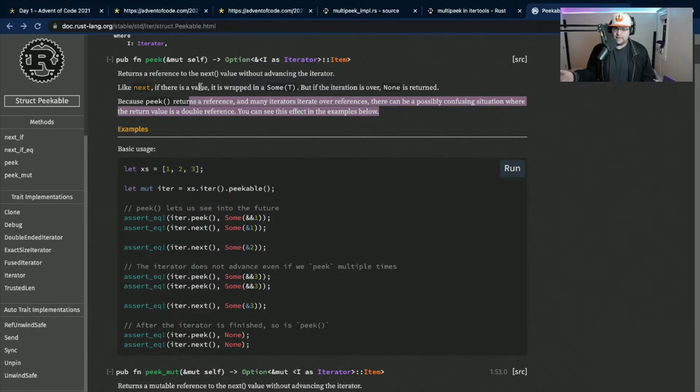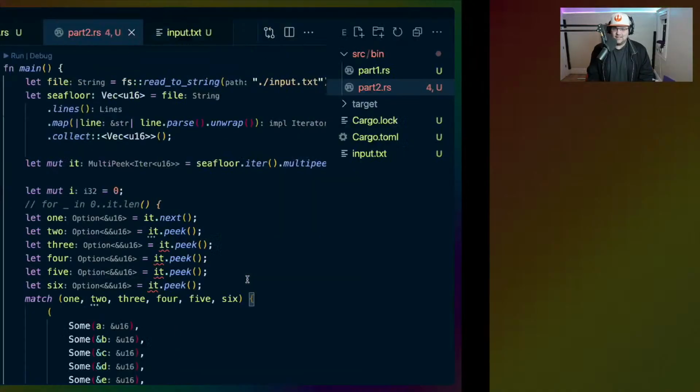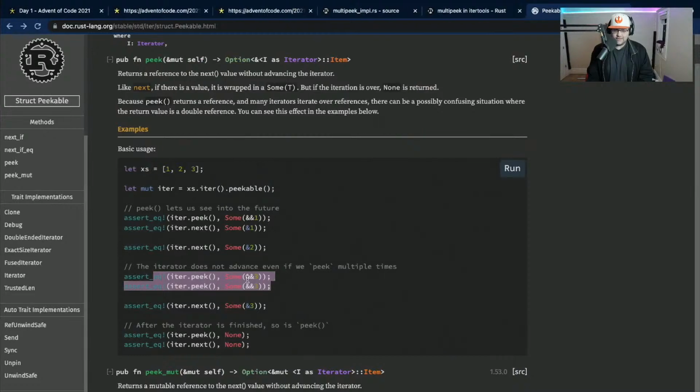Returns a reference to the next value without advancing the iterator. Yeah. We can peek multiple times. We should be able to. We apparently cannot. And they take a mutable reference here, right? Yeah. They take a mutable iterator on iter. Peekable.